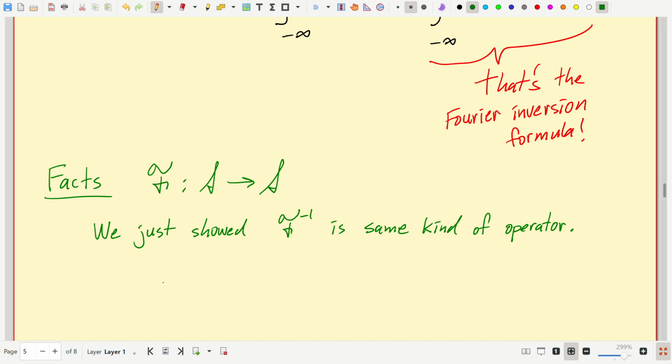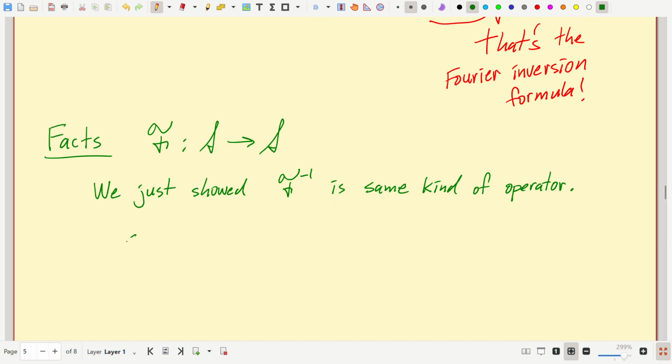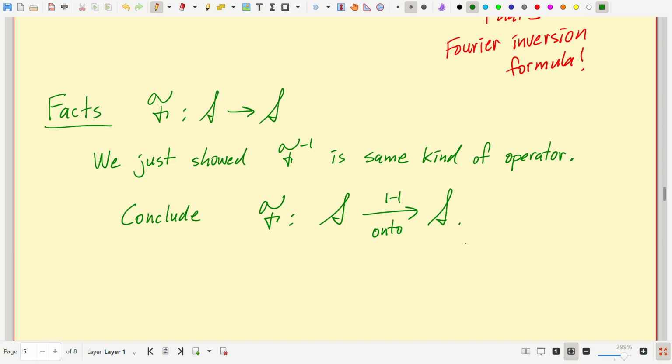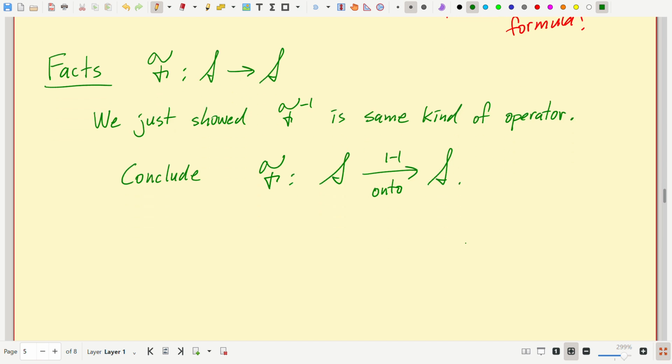That means that thing is actually 1-to-1 and onto. We conclude that F, the Fourier transform, takes the Schwartz space to itself, 1-to-1 and onto. That's cool. So it's like an isomorphism kind of thing. But another big corollary, I guess that's just a fun fact, but a big corollary that we are going to use is something called